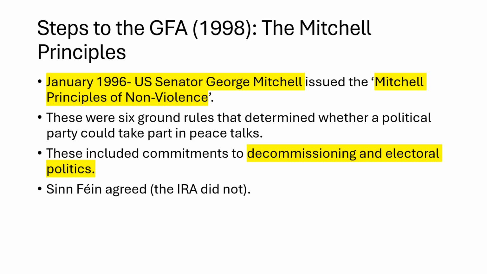The IRA, on the other hand, does not really consent, mainly because of the idea of decommissioning. The IRA doesn't want to give up its guns until it has something concrete that it can rely upon and prove to them what the future is going to look like. But these Mitchell Principles are a massive step. I mean, these are all massive steps towards the Good Friday Agreement, but